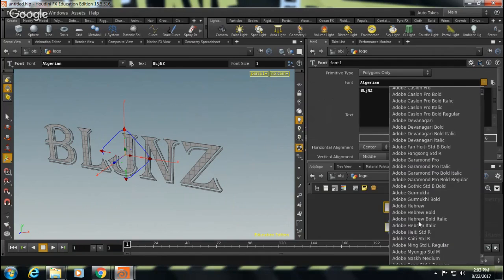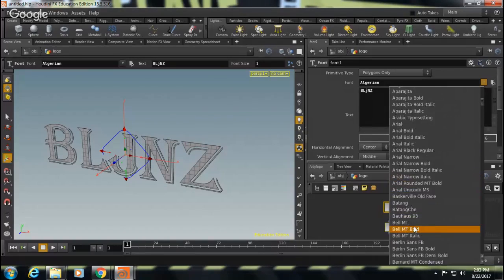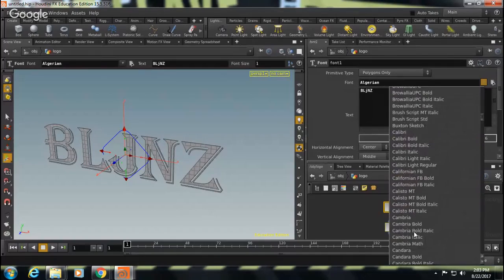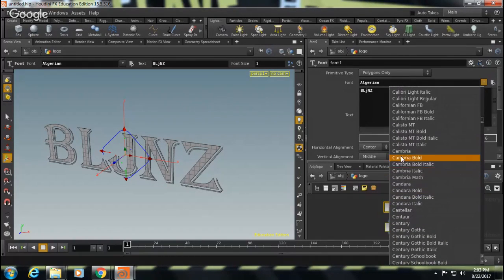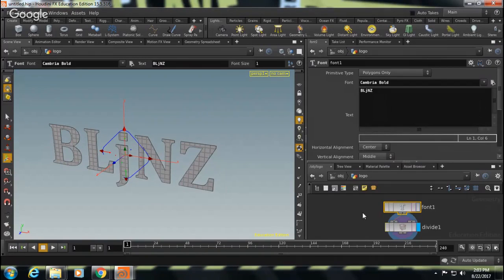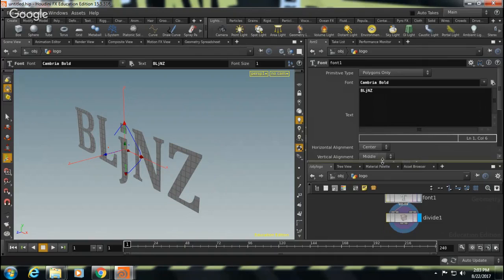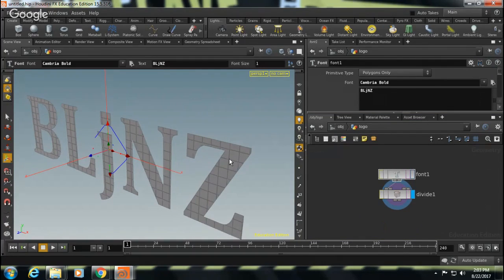Pick something simpler. Okay, this one. Okay, now after you chop it up, basically all the polygons are connected together, so we need to